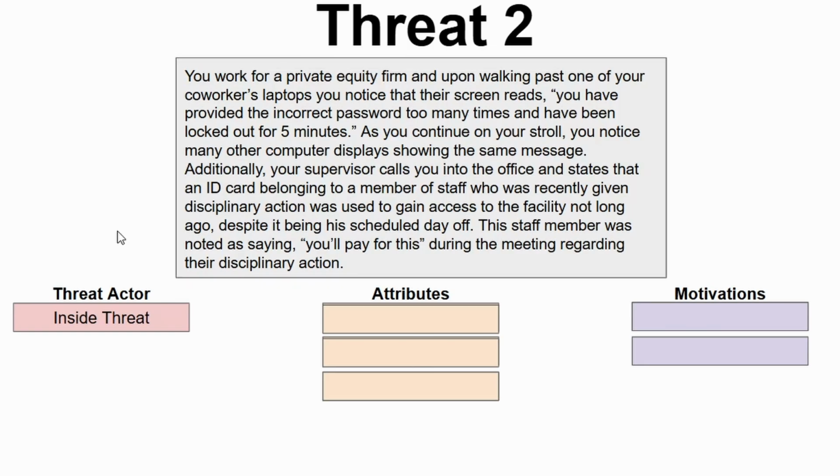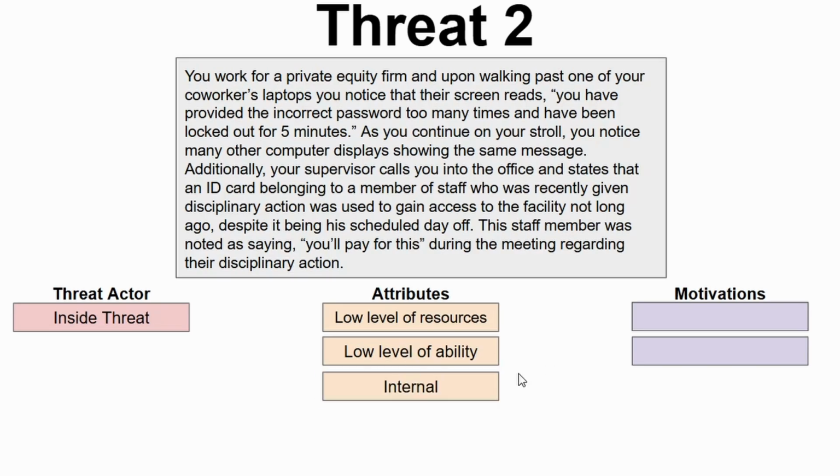Let's have a think. The first one that we've got here, and I'm assuming you've already filled this out. All right, make sure you've already had an attempt at this before we walk through this. But the first one is going to be a low level of resources, guys. This is someone who's just using their ID card. They're coming in and they're just trying to brute force password guess by manually accessing computers. All right, that is not a highly sophisticated attack. That is not something that takes a lot of resources to be able to do. Additionally, along that note, it's a low level of ability. He's just trying to randomly guess people's passwords. That is a low skill attack.